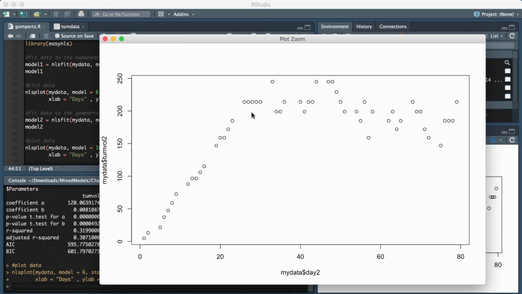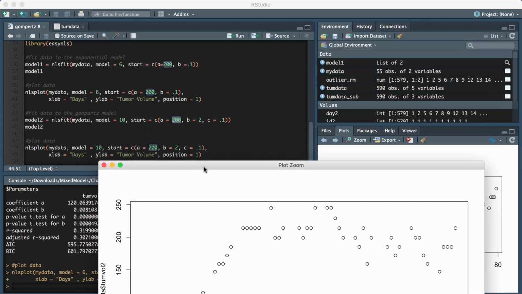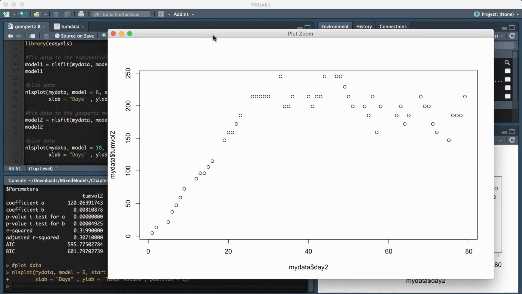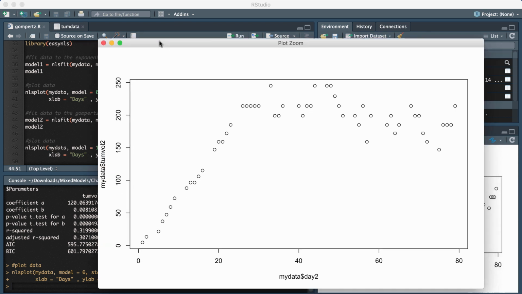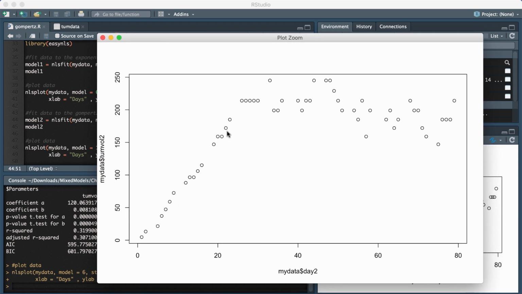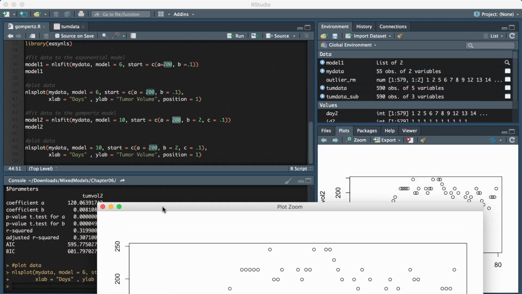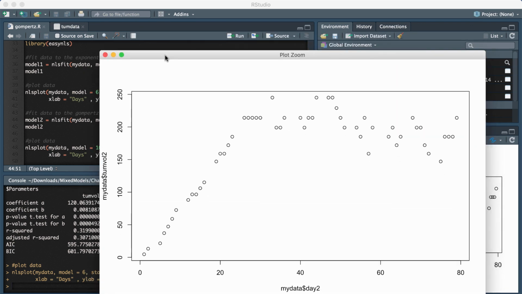You want to just give it an estimate that's close for the program to be able to estimate the values correctly. Then B, we said, was the displacement on the x-axis. There doesn't seem to be much displacement. The earliest observation seems to be a little bit ahead of 0. So I estimated that as 2. And then the growth rate is kind of like the slope. So if you think of this as rise over run, I said that the growth rate seems to be about 1/10.